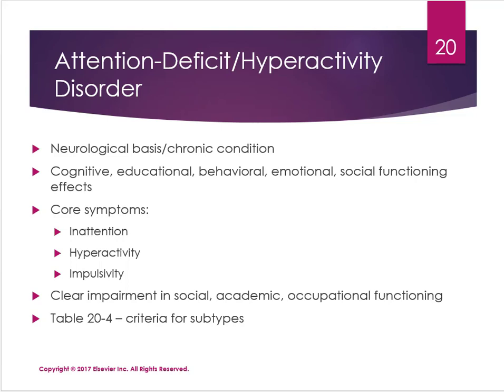In the book on table 20-4, there is a good breakdown of the different subtypes of this condition, and I encourage you to go through that. We're not going to go through that. There's various thoughts on the prevalence of ADHD in the country. But what I found interesting in the book is that the average age of diagnosis is 7, with children who have severe ADHD diagnosed earlier,